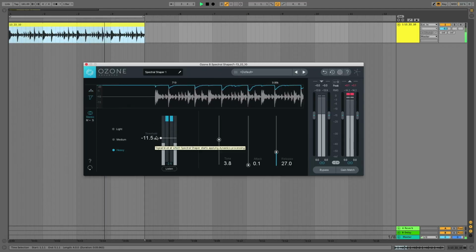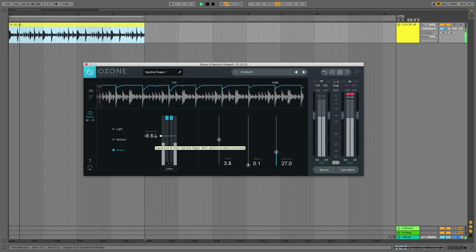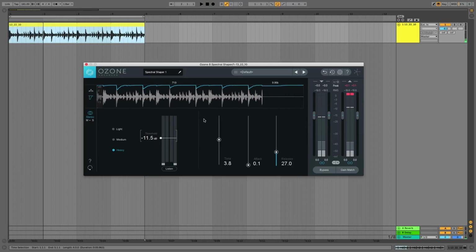So if you have issues that can't be solved with regular EQ, why don't you call on the very spooky Spectral Shaper? Well, that particular battle is over, but the war goes on, so why not check out the Barricade 4 demo at